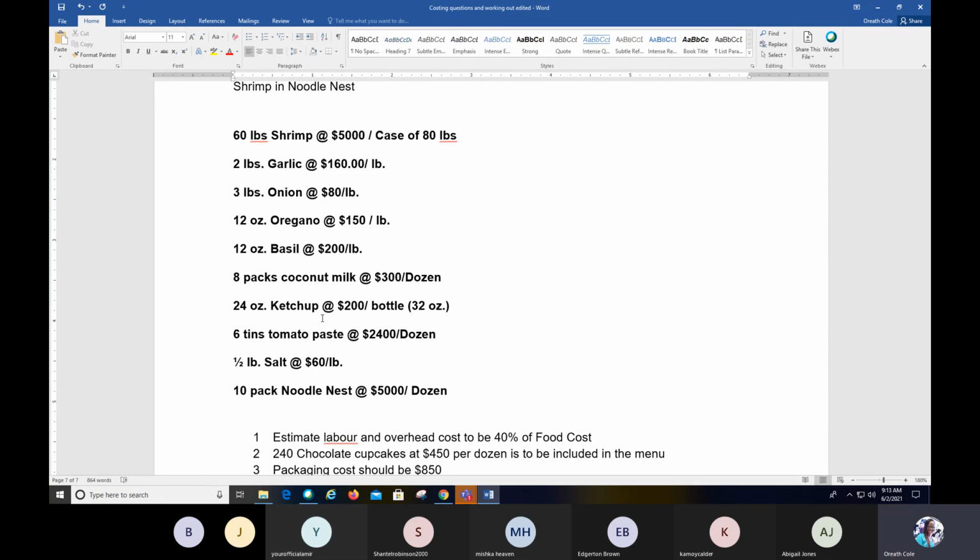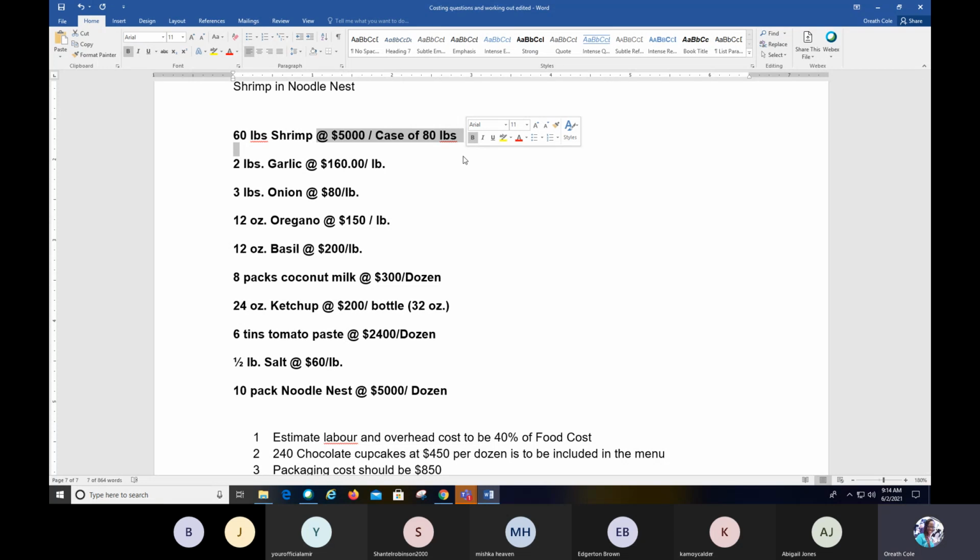No. Divide the 80 by 5,000? Yes, you must divide the 5,000 by the 80 to first find out how much for 1